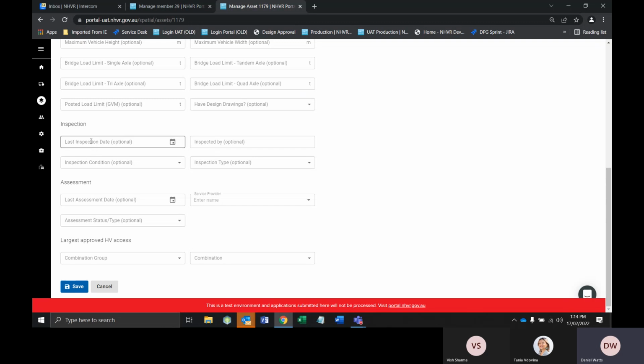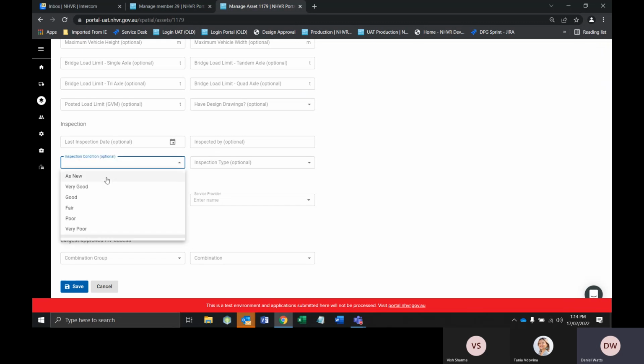As far as the inspection stuff goes, that is related to a condition inspection that is carried out by either the local council or engineers or whoever else they want to do that. And generally that is undertaken prior to an assessment, which is done by engineers. The respective levels there, you can see here as far as the condition goes, we've got from as new down